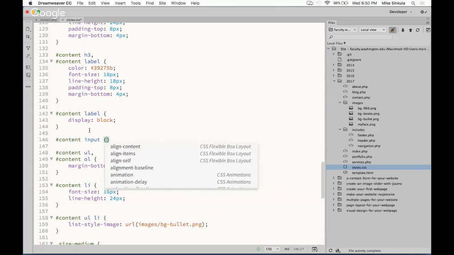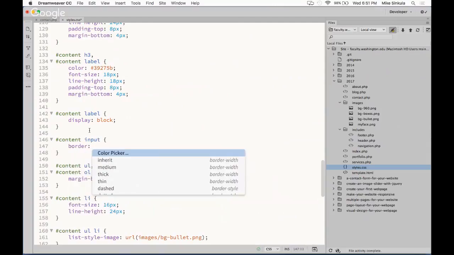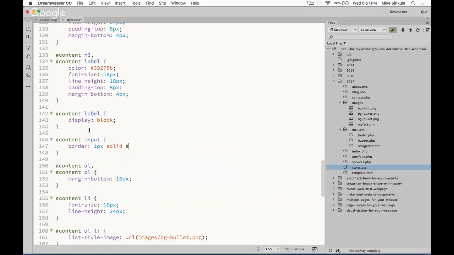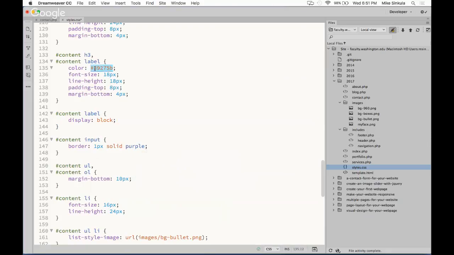Let's style our input boxes. Content inputs, border, 1 pixel, solid. Let's go grab that purple. Is that what you're saying? You couldn't see the